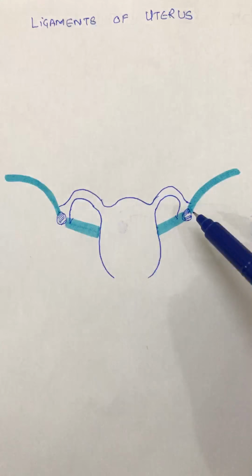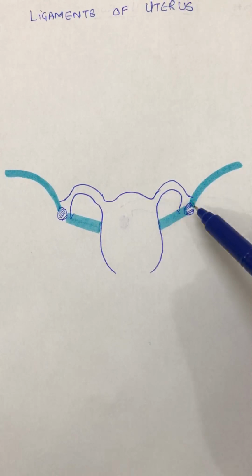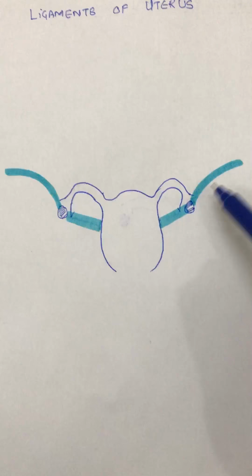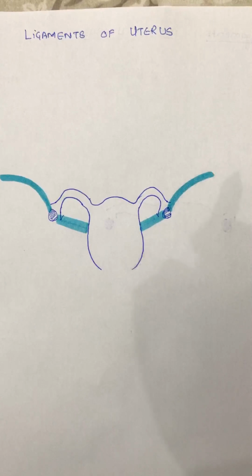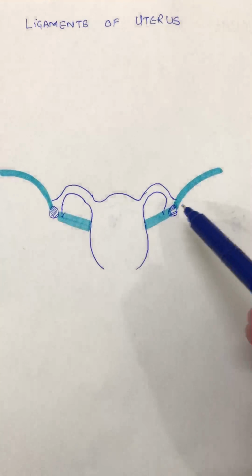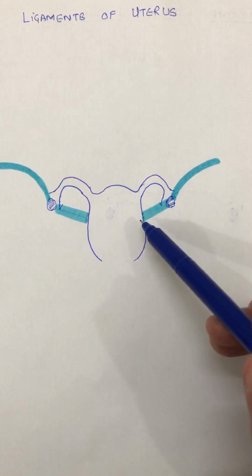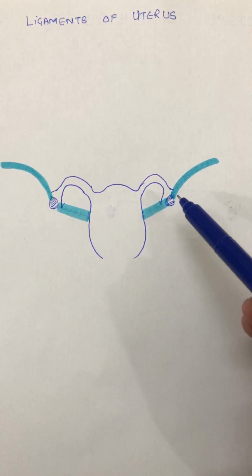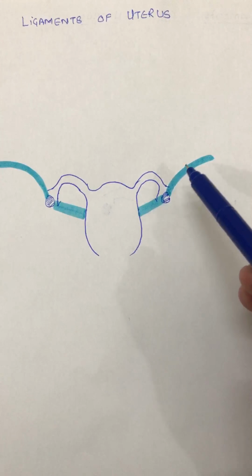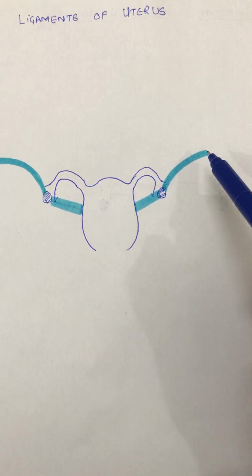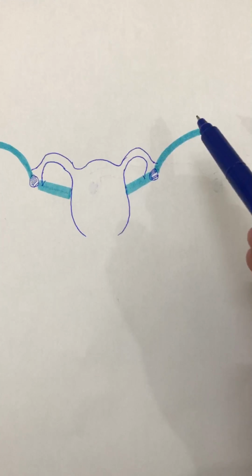First ligament connects the ovary to the lateral uterine wall and the other ligament connects the ovary to the pelvic wall. The ligament that is attaching the ovary to the lateral uterine wall is called the ovarian ligament, and the ligament that suspends the ovary by attaching it to the lateral pelvic wall is called the infundibulopelvic ligament or the suspensory